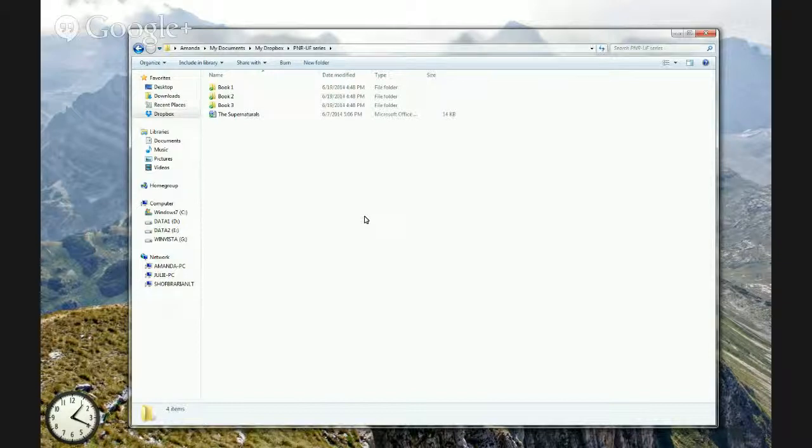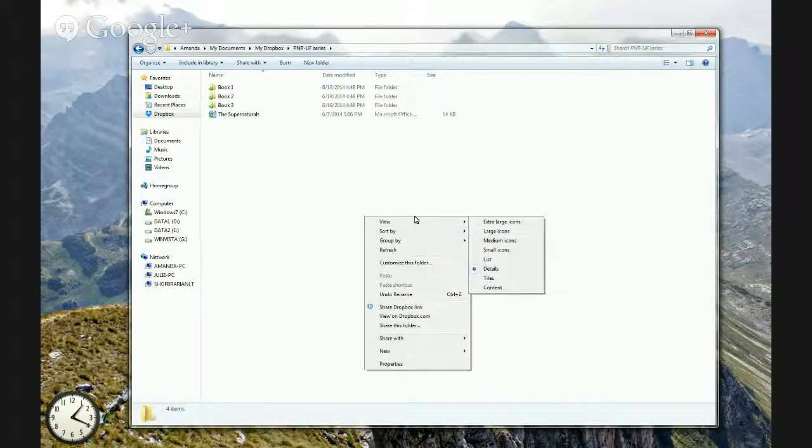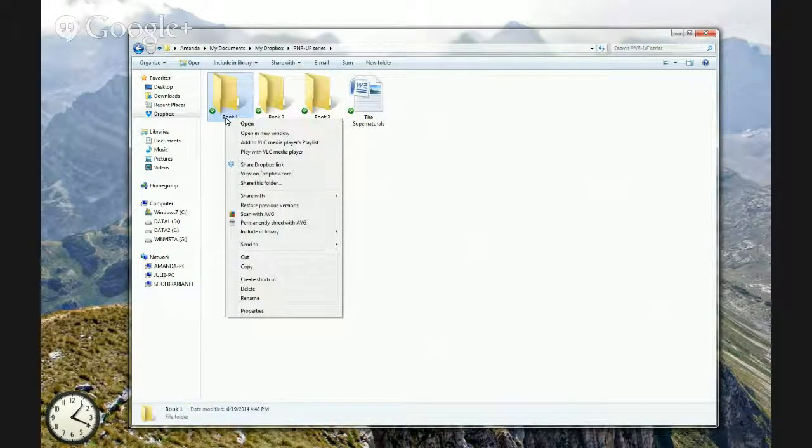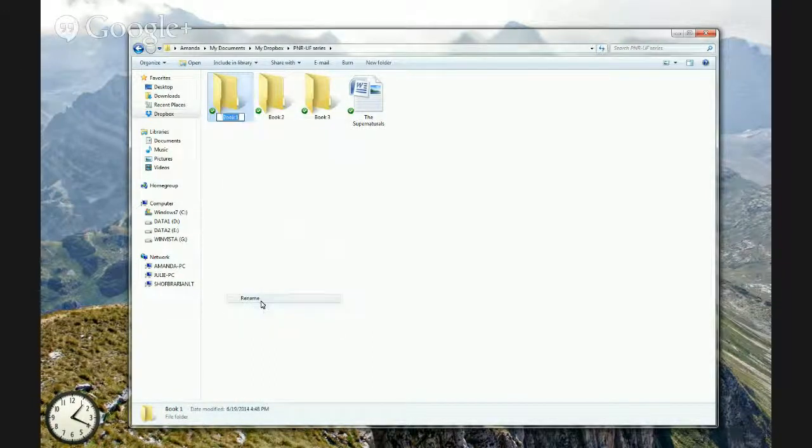And when I get to the point where I know more information, maybe I'm going to do it by character name, maybe I'm going to actually have a title, then I'm going to right click, rename it, and add in the title. And that is an easy way of keeping track of all your files,